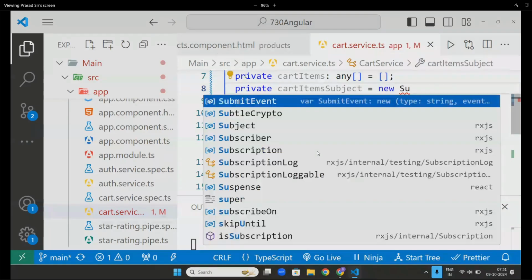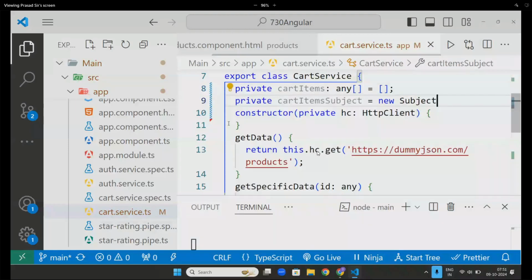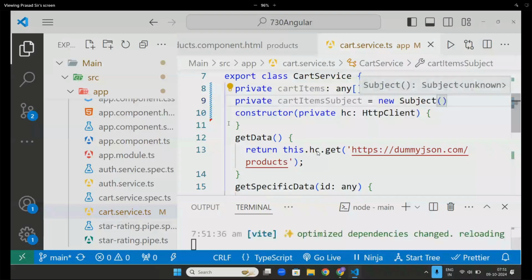Did you remember the concept of subject, sir, in RxJS? Now, why do we use subjects? Subjects are used for multicasting. For example, multiple observables are there, multiple access is there. In the products page, add to cart will be there, in each product page add to cart will be there, maybe in the home page also you will put add to cart.